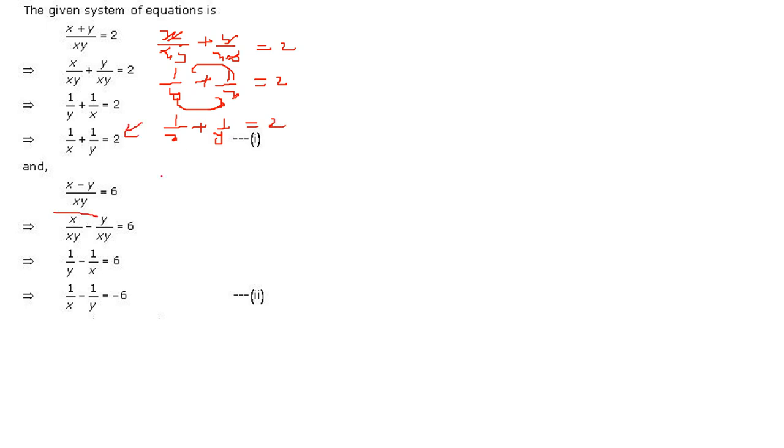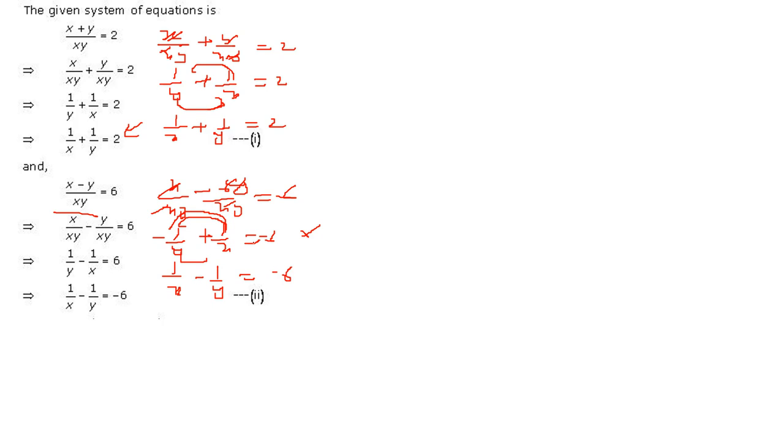Second equation is also like this. So x by xy minus y by xy is equal to 6 by xy. Y cancels, 1 by y minus, x cancels, 1 by x equal to 6. So we have to formulate it in the way ax plus by plus c. So bring x here, y here. So multiply every term by minus 1, minus 1, minus 1. Why have I done this? Because 1 by x I want to bring it here, so I want it to be positive. 1 by y equal to minus 6, right?